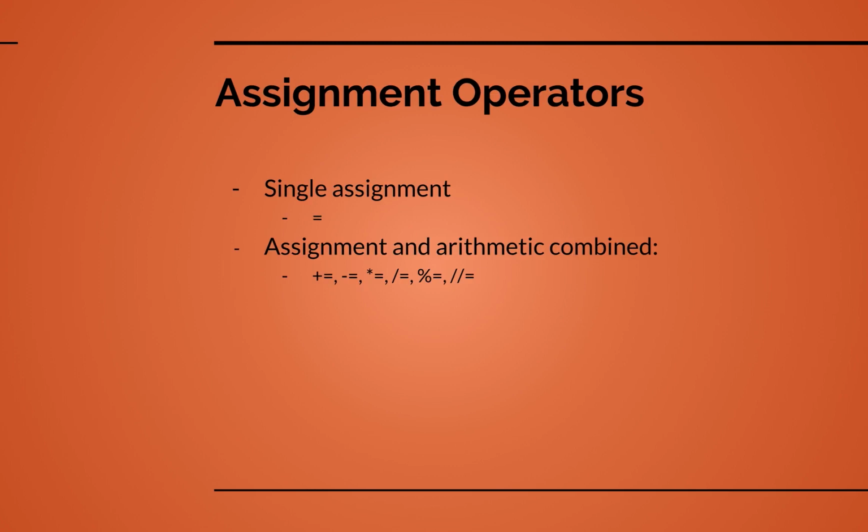Next up, we have our assignment operators. These are broken into just the single assignment and then a combined assignment and arithmetic operator set. So the single assignment we've actually seen. We basically place a variable on the left and a value on the right, and it's just assigning a value to that variable. With the arithmetic and assignment operators combined, this will perform some kind of arithmetic operation on a variable, and then it will store the results back in that variable,